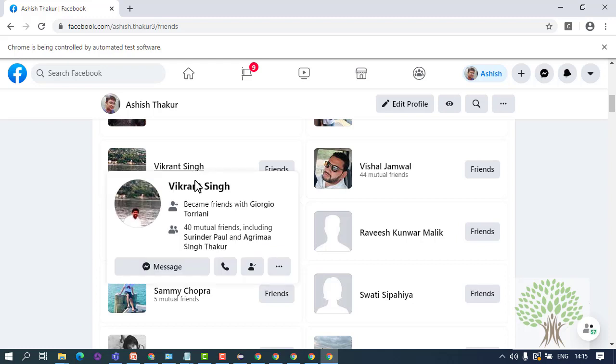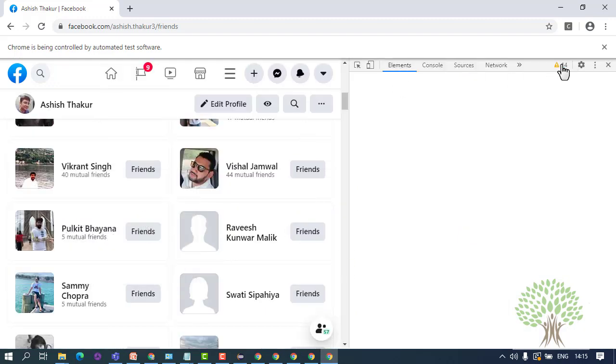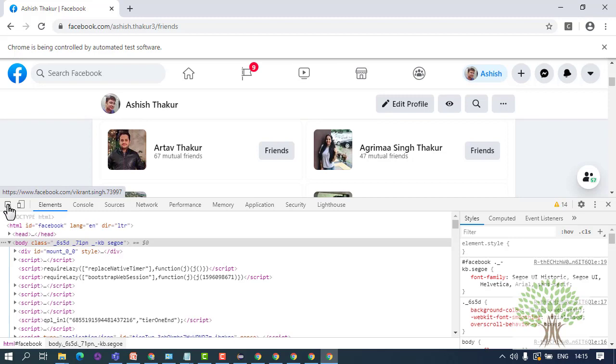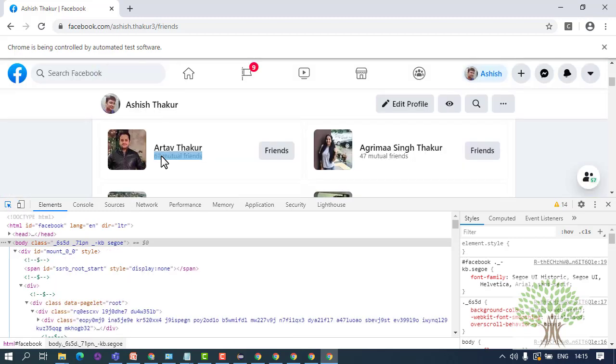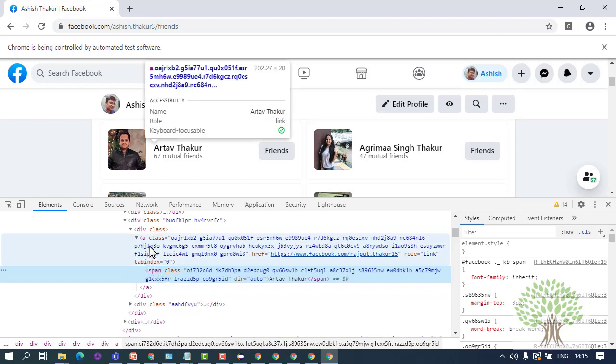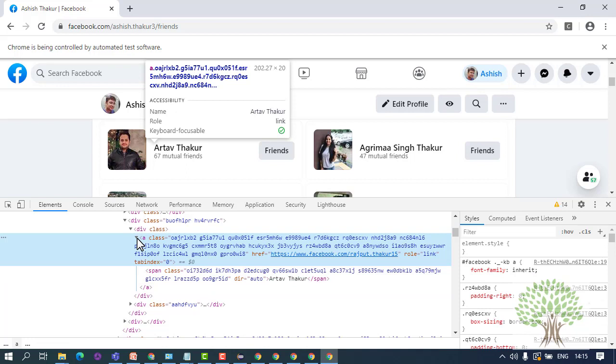Now how do you get the names of the friends? First of all, you will have to find a common locator between them. If I inspect any friend, if I look at any friend name, then the friend name is in a span tag. This span tag is inside this link.